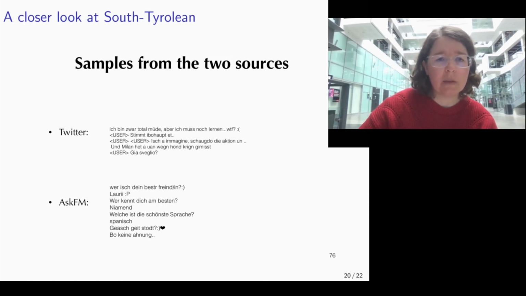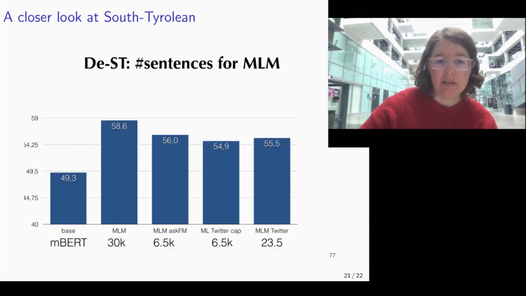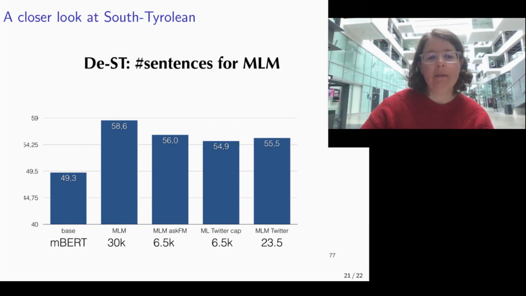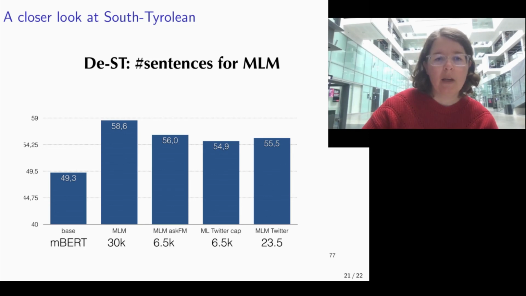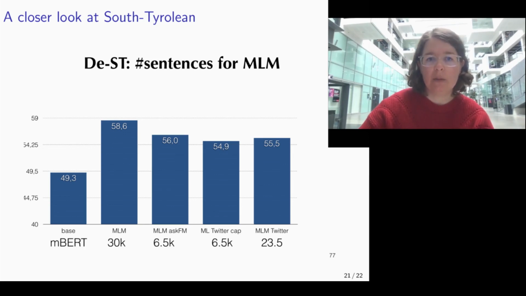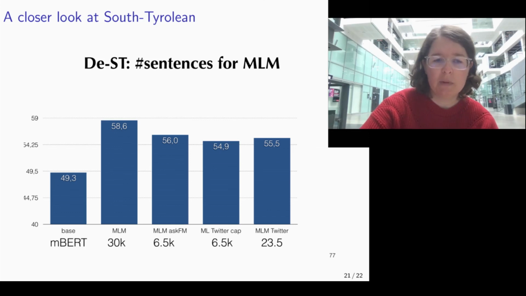So we were wondering, okay, we have only gotten up to 30,000 sentences. How good is this? Can we use this in boosting performance in this low resource setup? And the answer is yes. As the following graph shows us, we obtain a zero-shot performance of 49 when using multilingual BERT for this, but using any of the amounts of unlabeled data here helps us to boost performance. Together with all of the data, which is only 30,000 sentences, we can boost performance by up to 58, almost